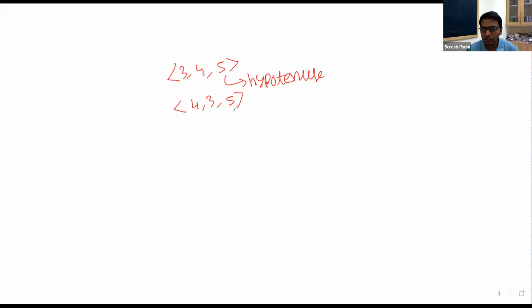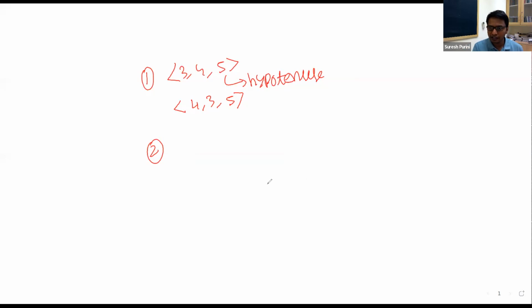If you think in that fashion, then what happens if you keep printing? Is this the first Pythagorean triplet, 3, 4, 5? What is the next one? Can someone help me out? 5, 12, 6, 8, 10?